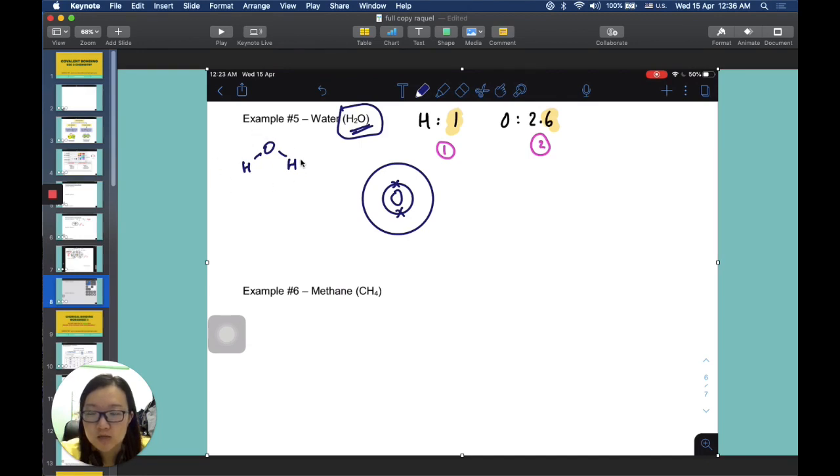This is how it looks like, a little bent shape over here. So yeah, if you fill in the electrons here, the second shell has 6, right? 1, 2, 3, 4, 5, 6. And then after that,